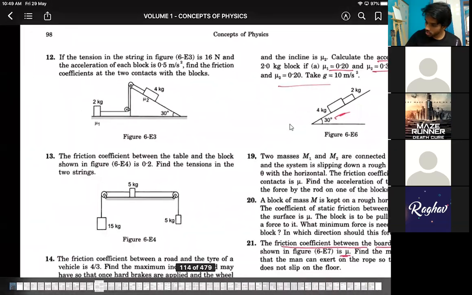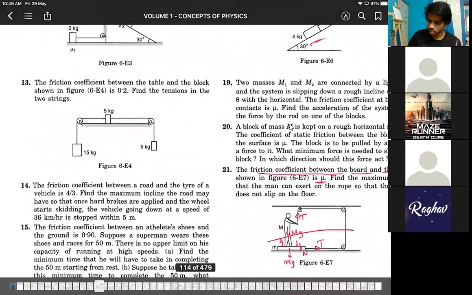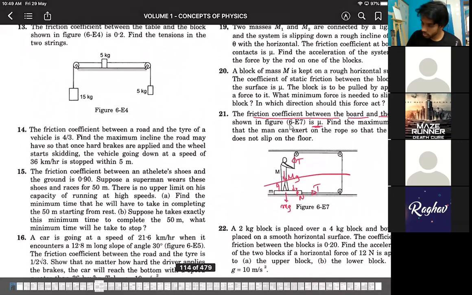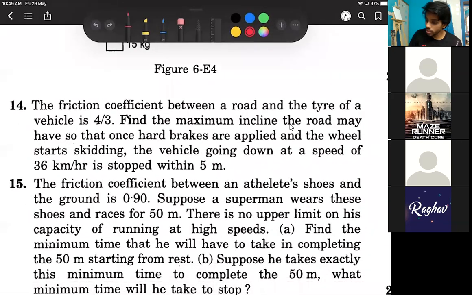Let us look at these questions. I hope you can easily solve question number 12, 13. 14 is something different. Look at question number 14. Here, like I mentioned, look at the friction coefficient, it's more than 1. The value of mu is greater than 1 there. Like I've told you, there are a few cases where the value of mu can be more than 1. We don't actually discuss why that happens. We just discuss what to do when that happens. We only discuss the mathematical side of it.